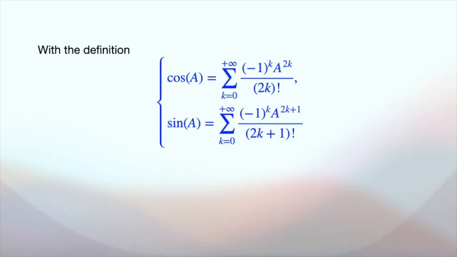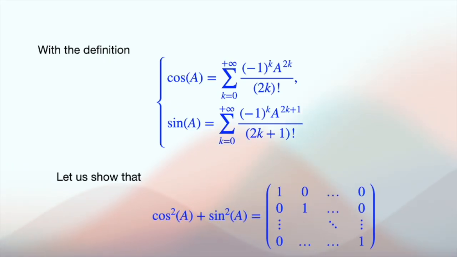With this definition, we will show that we have the identity cosine squared A plus sine squared A equal to the identity. To do that, we need to first